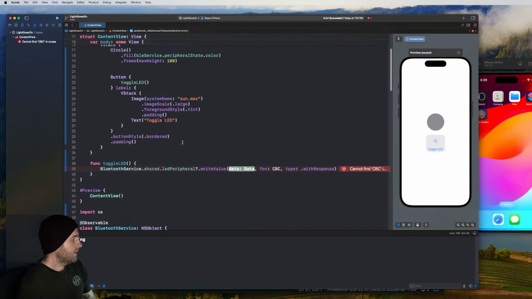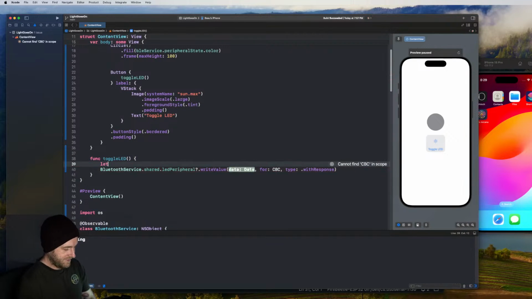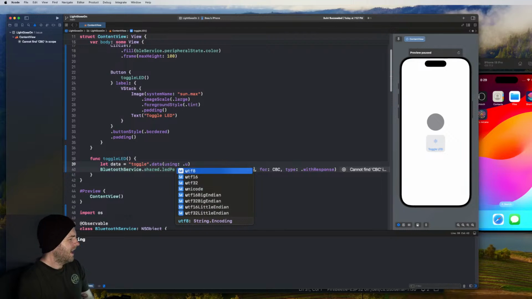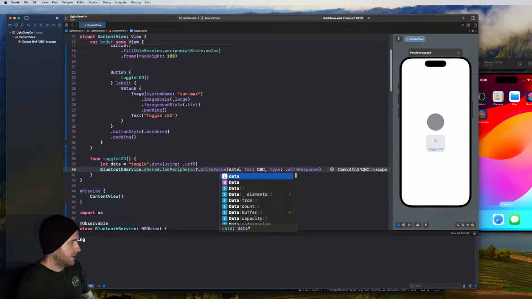Now what we can do is we come back up here and set some sort of data. What we're gonna do is say this will be a string, right? Let's go toggle. We'll call it toggle. And we'll say data using .utf8. I'm not sure if it's UTF-8. We'll have to double check that, but it should be okay. And then we go data here, and this will be our,